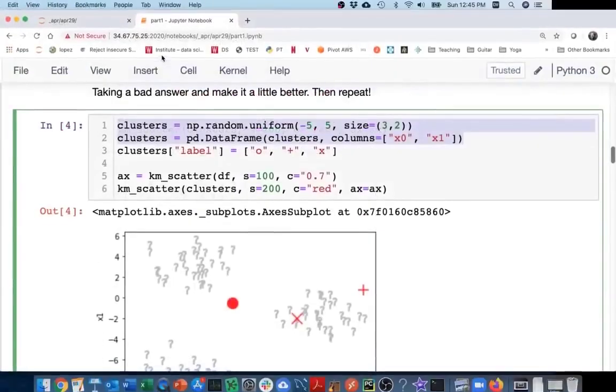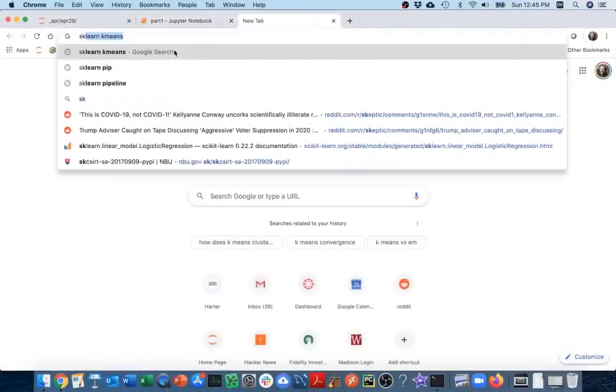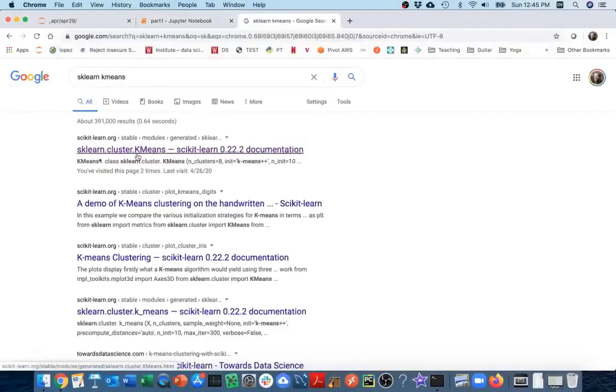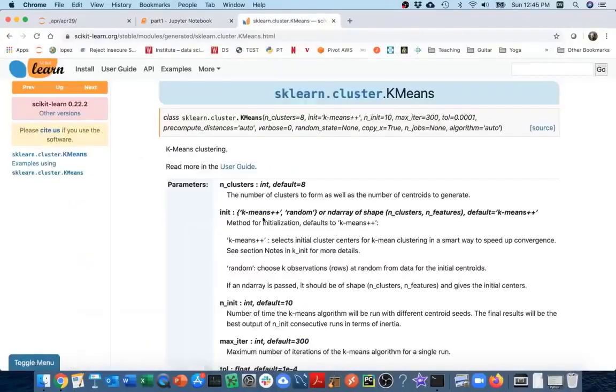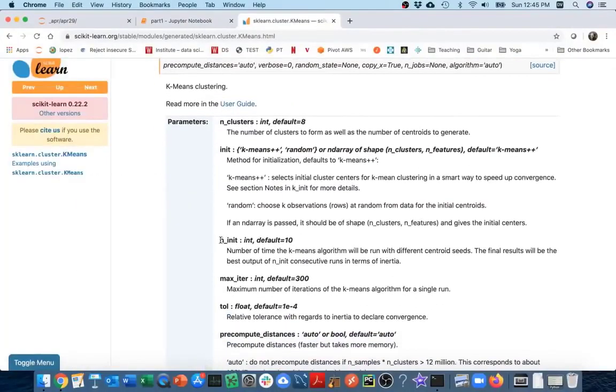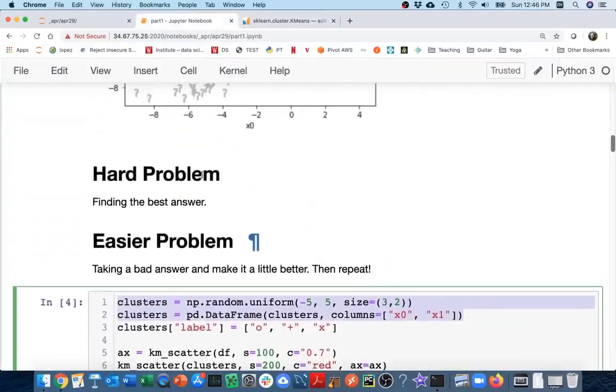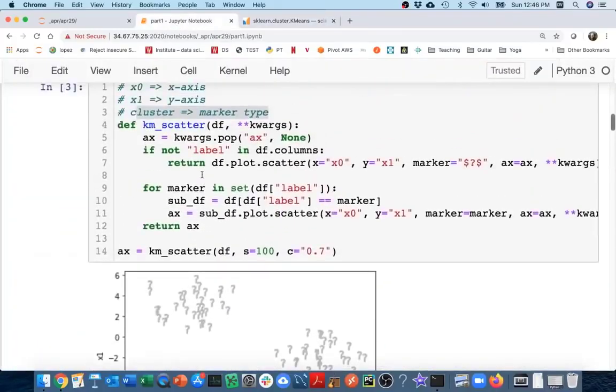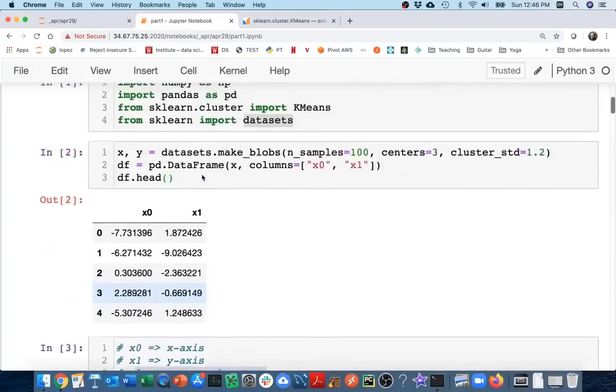And it turns out that this is a problem in every implementation. If I go to the real one, it will have this setting here, which is the number of times we should try running the algorithm. And each time, it starts off with different starting points and then randomly updates in the hope that it converges, right? And then it'll take the best of those. I wasn't anticipating that happening during this demo, because it didn't happen when I practiced before,